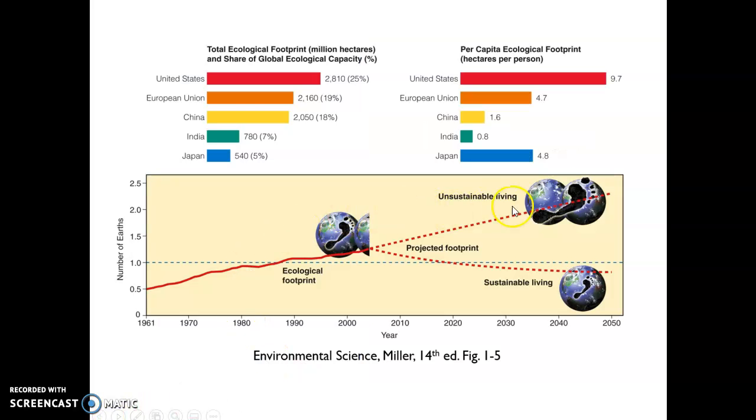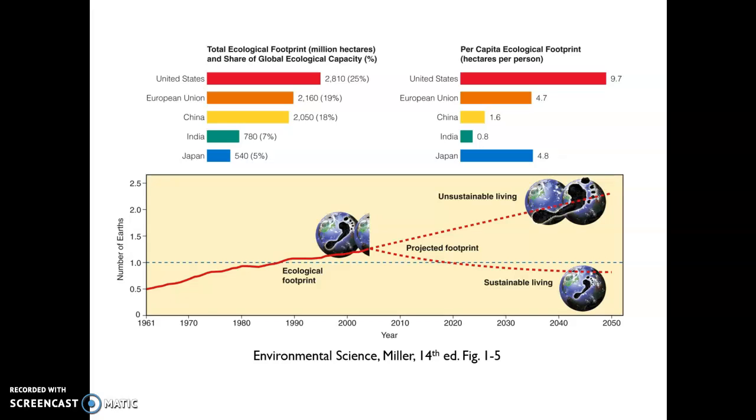And this lower graphic is in your textbook. This upper one I've added in from Miller, so we will take a look at that in a minute. So first we're showing time from 1961 to current times and then projected into the future. And on this axis, we're looking at the number of Earths that are required to support human populations, so the